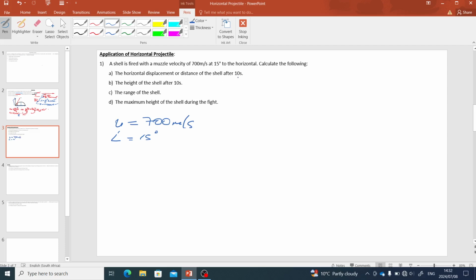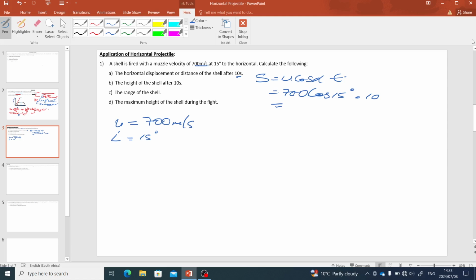Now, we are given time on this one. Can you see that? The horizontal displacement or distance of the shell. In calculating the horizontal displacement, we'll be using S equals u cos alpha multiplied by time. Do we have initial velocity? Yes, we do. It is 700 multiplied by cos 15 multiplied by 10 seconds. Then our displacement would be,